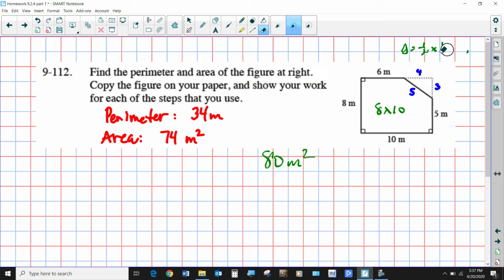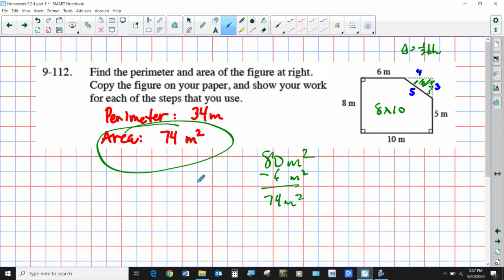I never write it like this. That's crazy. You take 1/2 times base times height. So base times height is 12, and what is half of 12? 6. So the area of this alone is 6, and that's what we're taking away from the 80. We take away 6 square meters from the 80 square meters, and that is how we get 74 square meters for this section